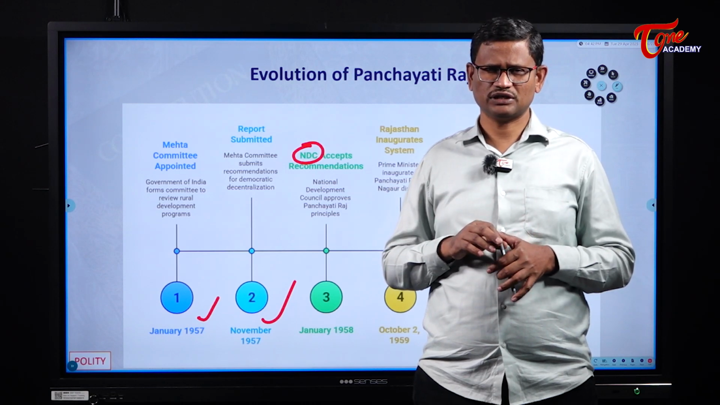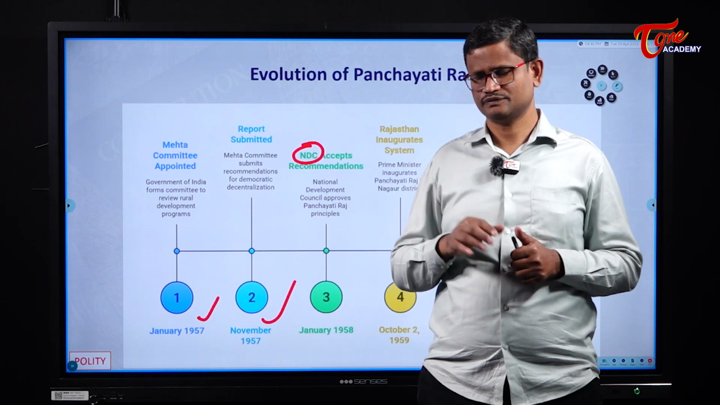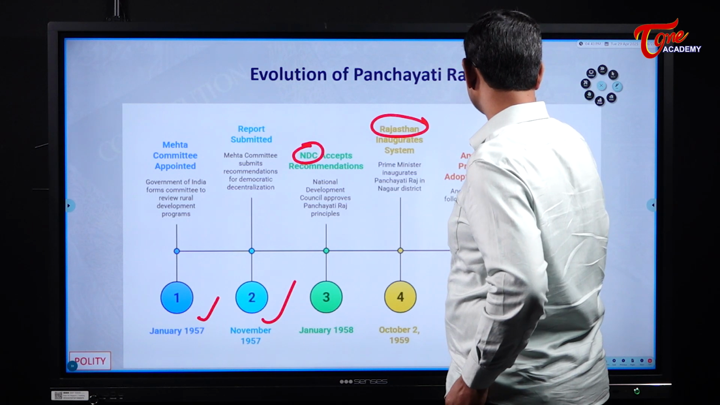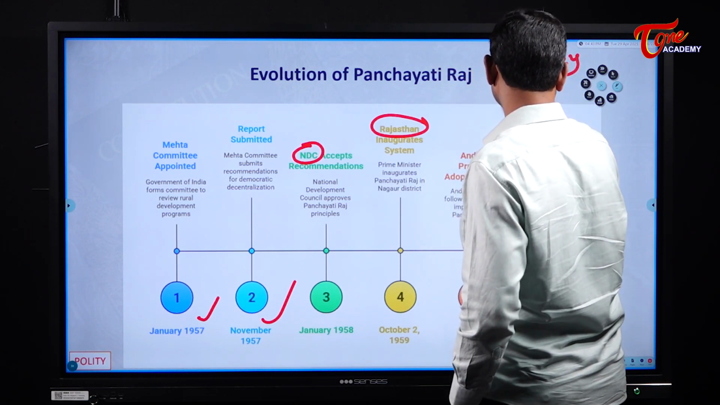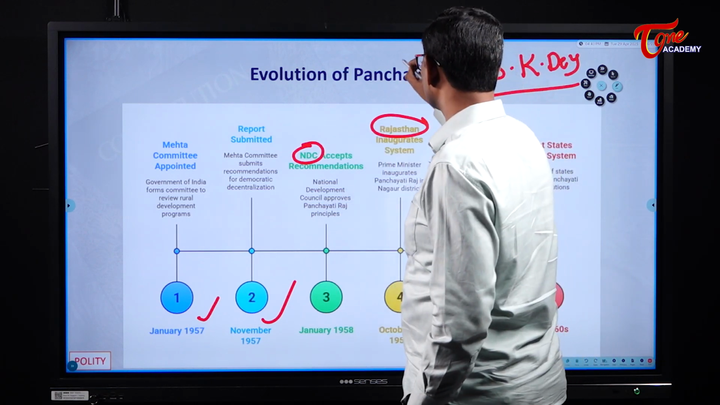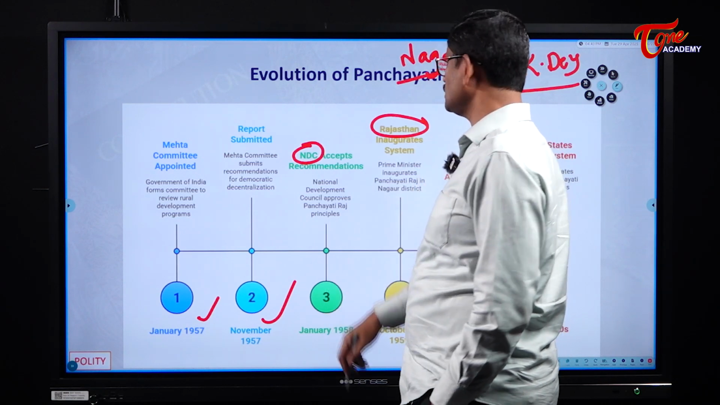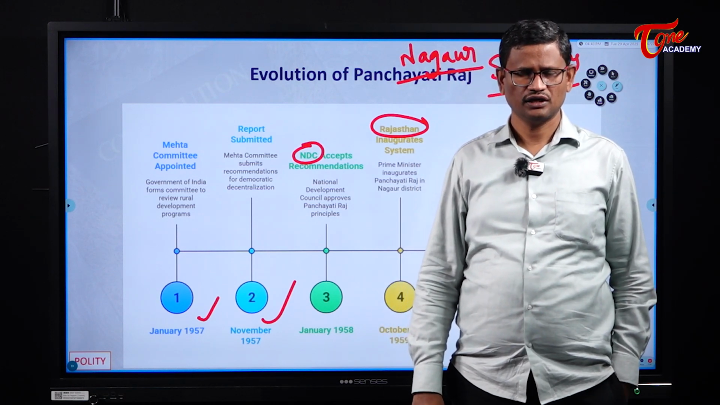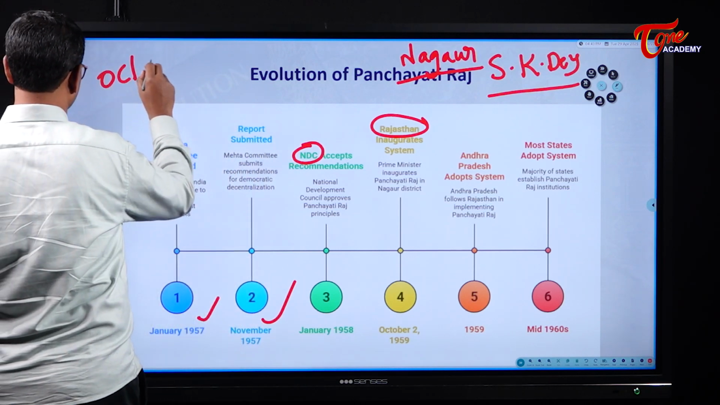So, Balwant Rai Mehta committee has recommended the establishment of a 3-tier Panchayat Raj system in this country, and it started in the state of Rajasthan. By then there was one minister by name S.K. De. This minister in the union government is from the state of Rajasthan. In his constituency Nagaur, the 3-tier Panchayat Raj system was inaugurated, was formally started on October 2nd, 1959. So, this is an important date, October 2nd,